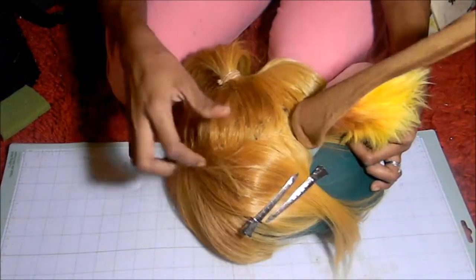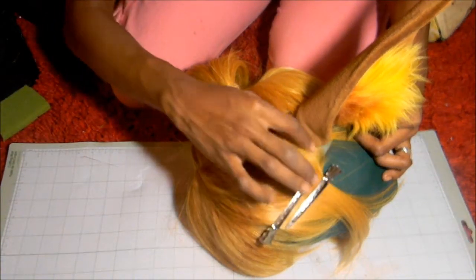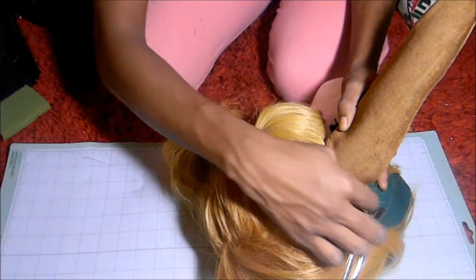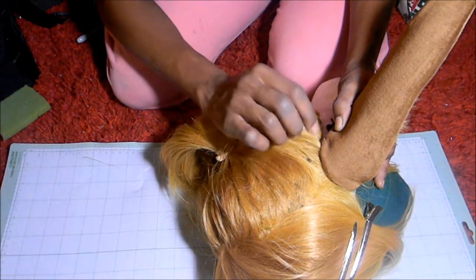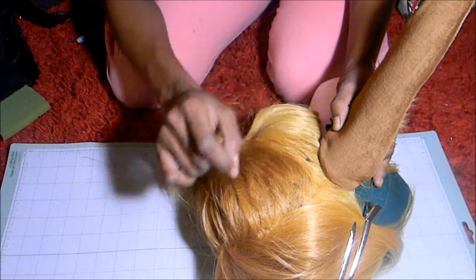And you're going to sew your ear with your thread. It's going to be basically the top part. You're going to sew this down to your wig as tightly as possible, because you can't really do much hot gluing on the inside of your wig. You can do like a dot at the beginning and a dot at the end to seal your knots, but